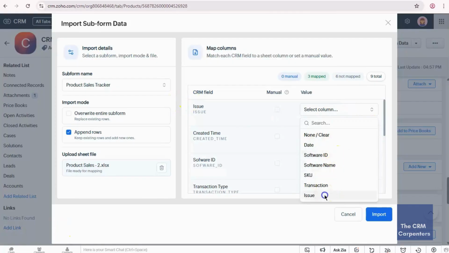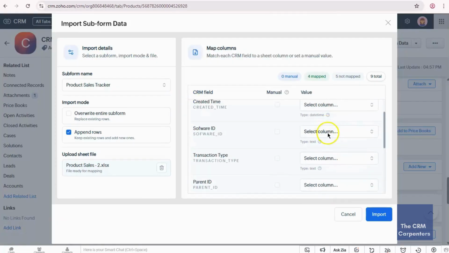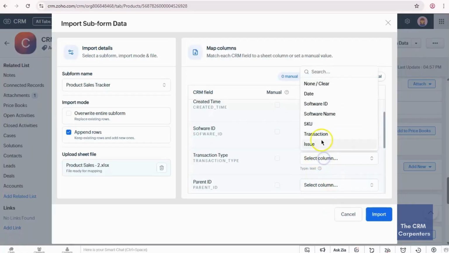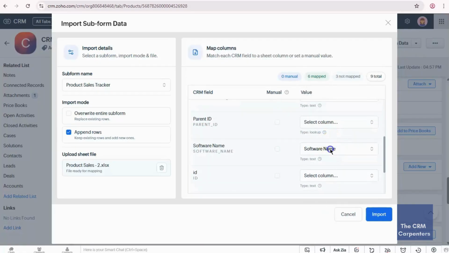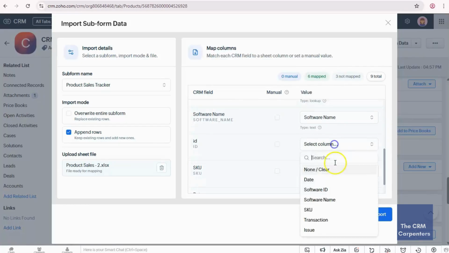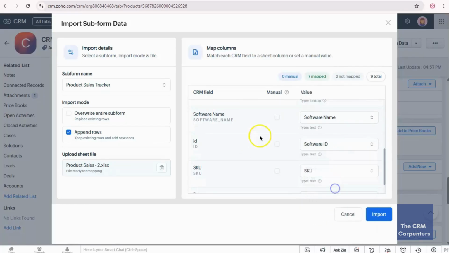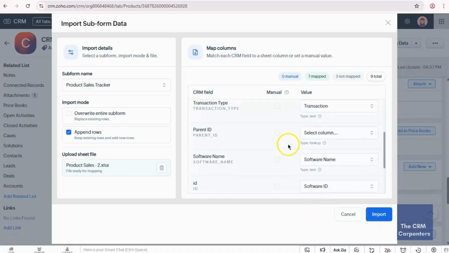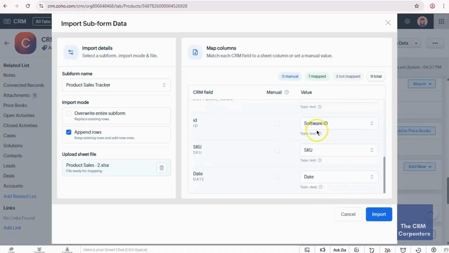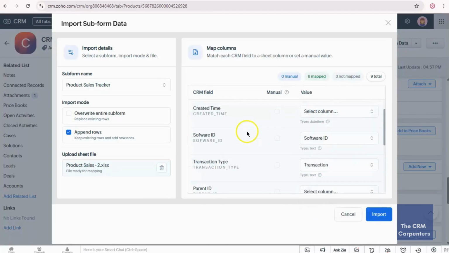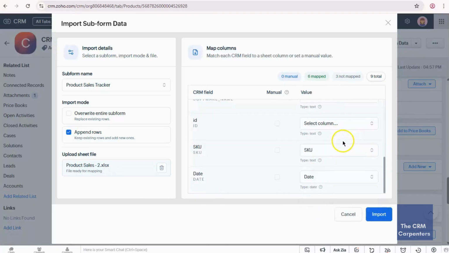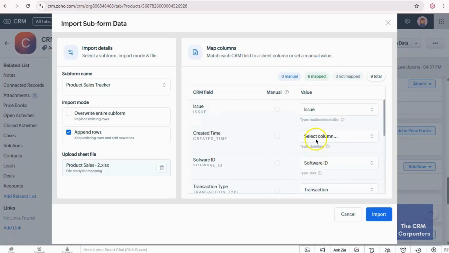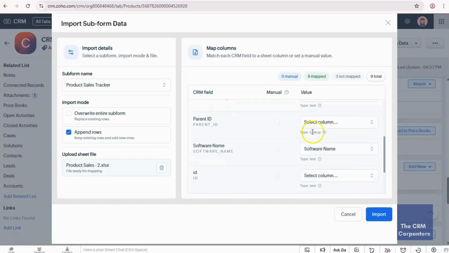So issue is for issue, and software ID is for software ID, transaction type to transaction, and let's map the other ones. We can leave this one because we already have the software ID here, and I think we have completed the map fields.